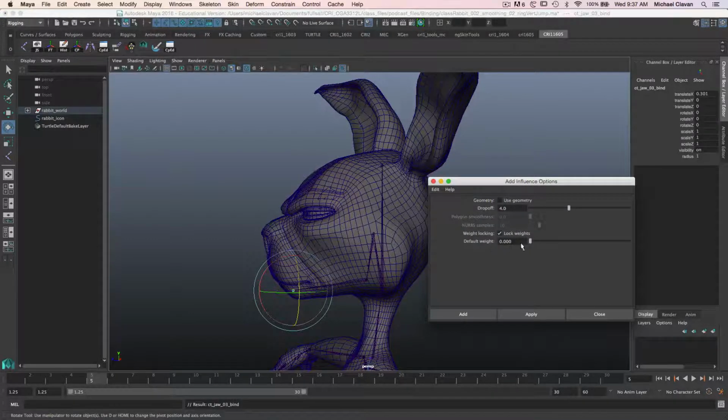We need to absolutely have this turned on, because if you don't have this turned on, when we add this influence, it's going to re-weight all our joints in our body, and that would be awful. So we're going to lock our weights. And now